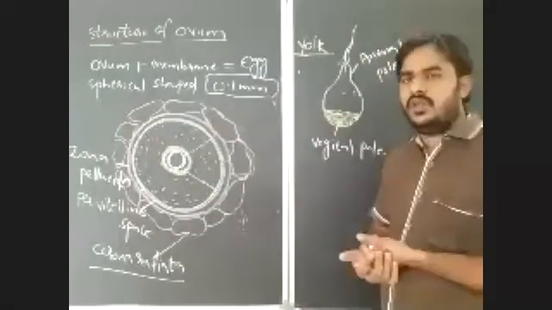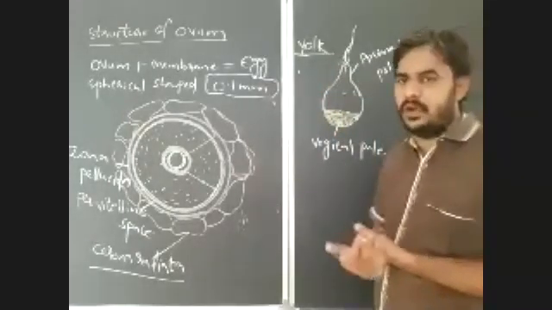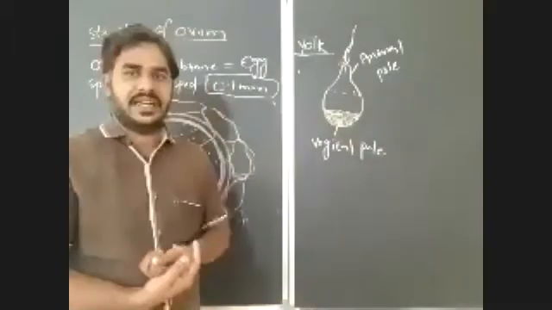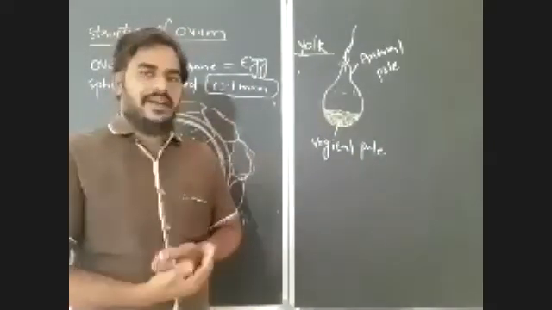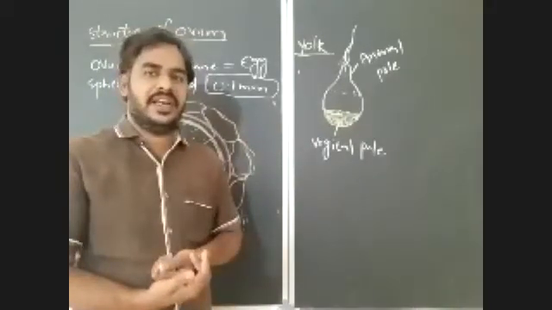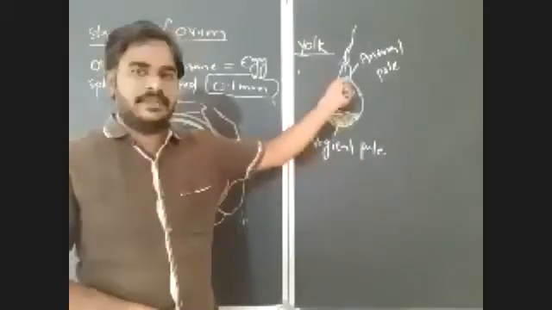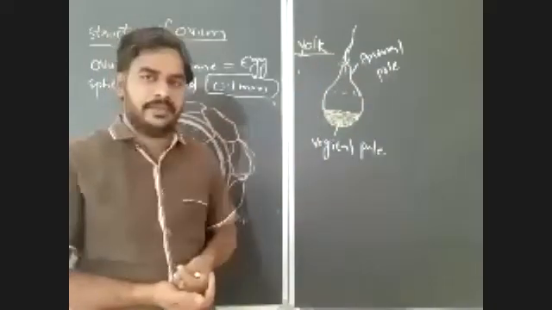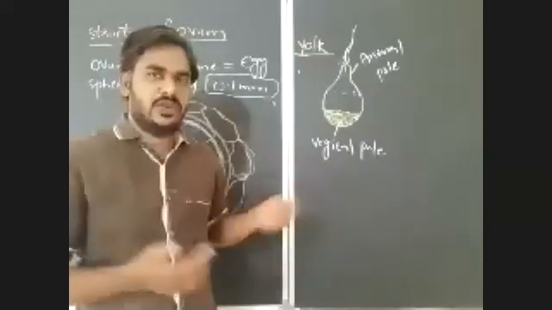See how the egg is divided into two poles, animal pole and vegetal pole. How to notice animal pole and vegetal pole? As already I mentioned in last class, in the egg, the yolk is accumulated mainly at one end, which is known as vegetal pole, and most of the cytoplasm is accumulated at another end, which is known as animal pole. So there are two poles, the animal pole and vegetal pole. That also you have to remember.